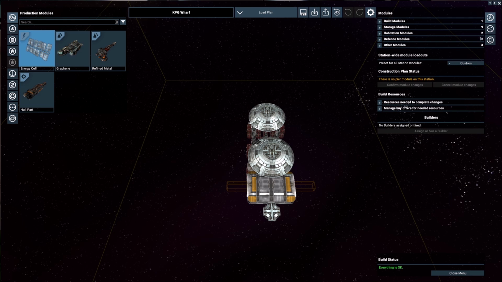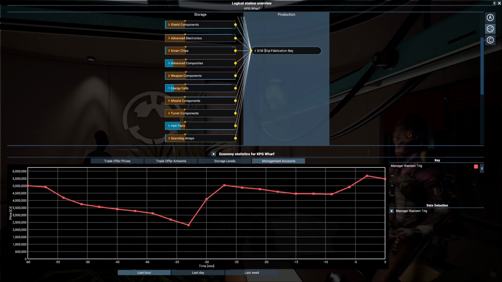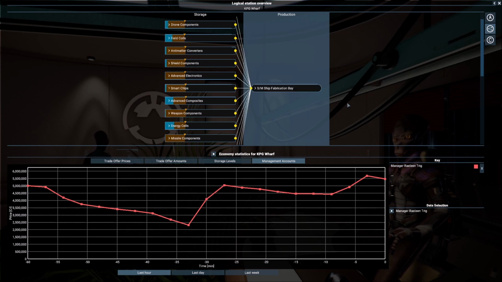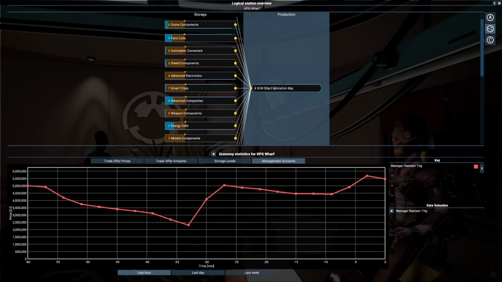And let's now move over to the logistical station overview. Starting out with the main fabrication bay. And if we come in here, we can set the pricing. Now, I have never seen any reason to lower the price below 150%. Perhaps an update has changed that, but for right now, I'm leaving it at that. And that's really it. Now, you can also change who you want to, which factions you want to build for,